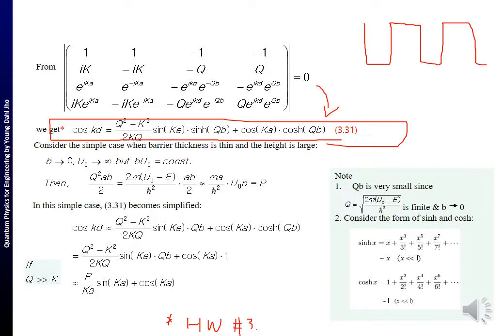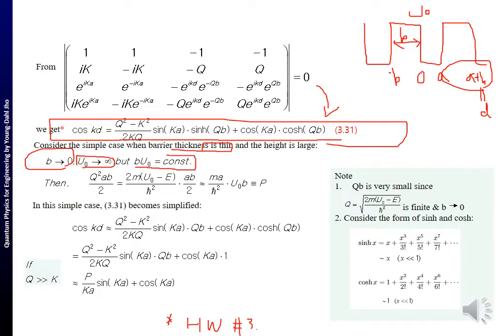We said the period is D, and the well spans from minus B to 0 and A plus B, so A plus B equal to D. Okay, so the barrier width is B. So let's presume B is approaching 0, and the height U0 is approaching infinity, but still B multiplied by U0 is constant. Okay, then